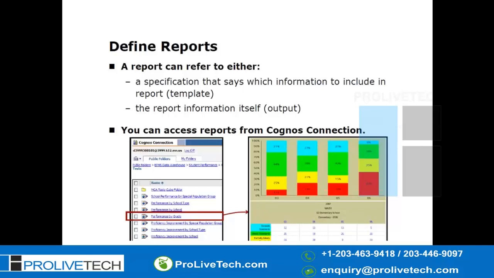Okay. So define reports. A report can refer to either a specification that says which information to include in the report, or the report information itself. So the template will have all the logos. For example, in your organization you want to create a report.